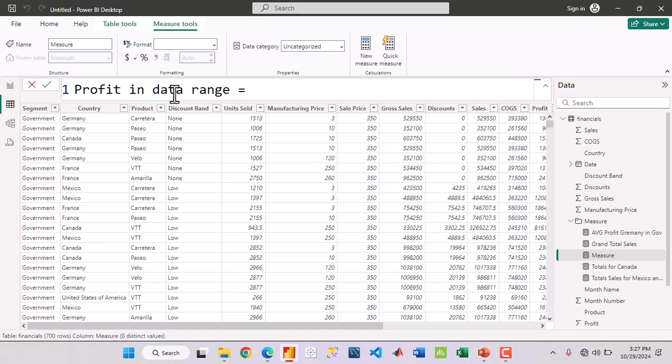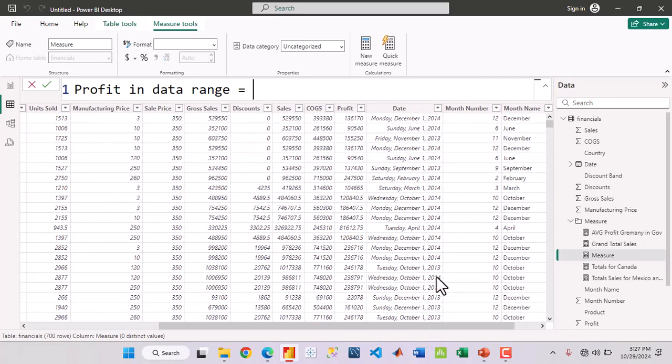Now here you wanted to calculate from, so when you check the dates, we have 2014, 2013 here, right? So let's say you wanted to calculate the profit from January 1st, 2014 to, let's say, June 2014. So let's do that kind of calculation. So here we use the